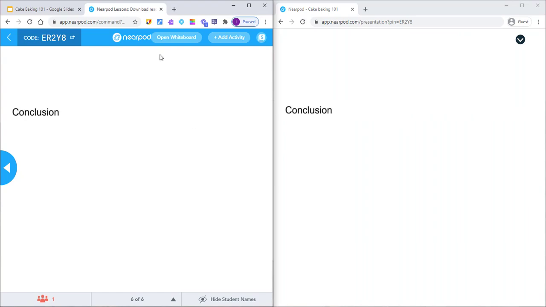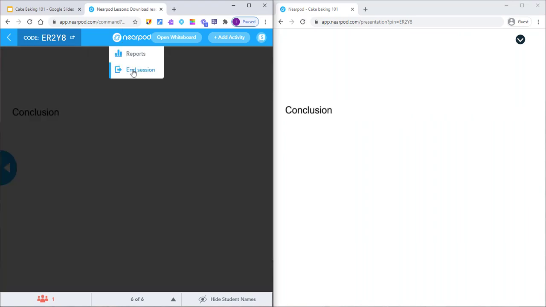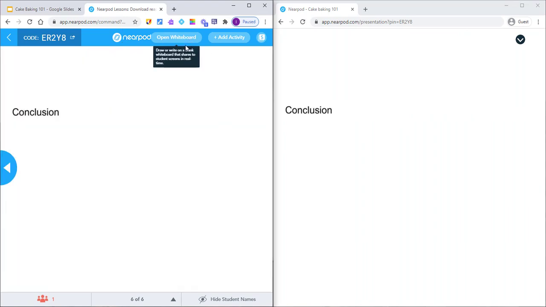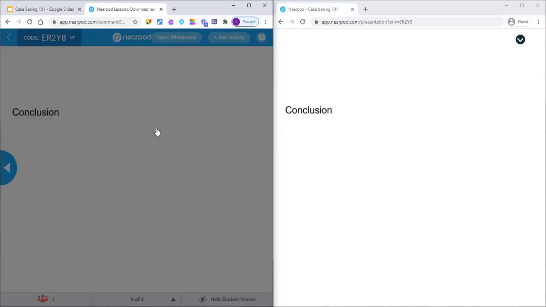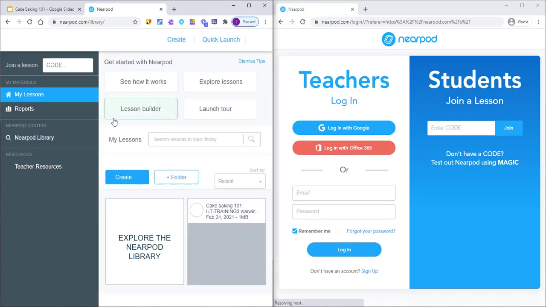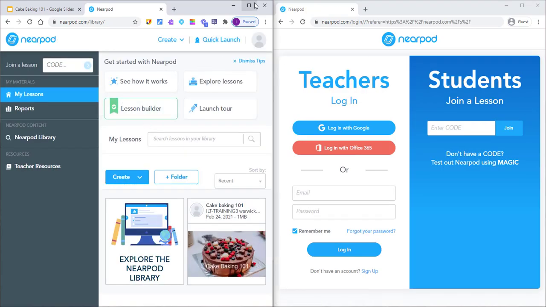To finish the session, we can click on Nearpod and click End Session. If you want to, while you're doing your presentation, you've got a whiteboard option, and you can add other activities while you're actually going along. But I'm going to end the session, so press Nearpod again, press End Session, press Yes to confirm, and it will close it for the students, and we go back as a teacher to the main My Lessons